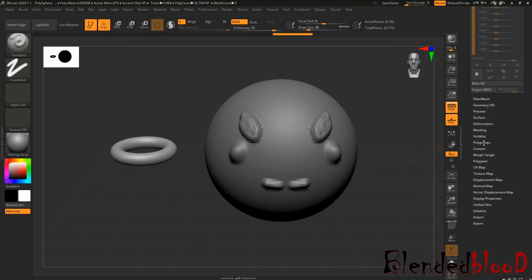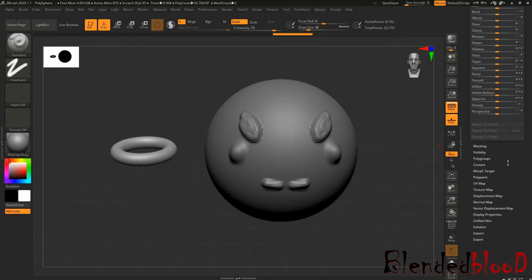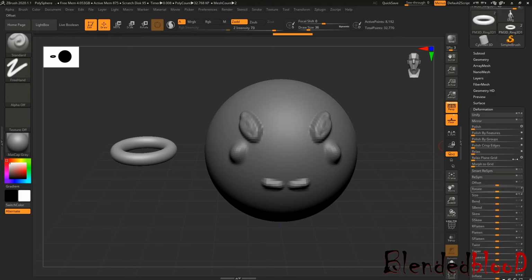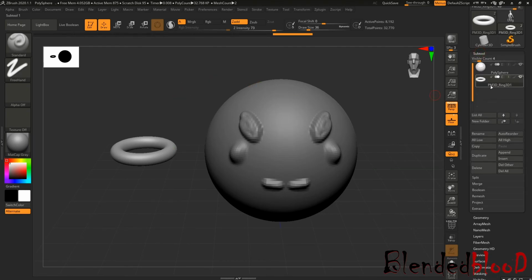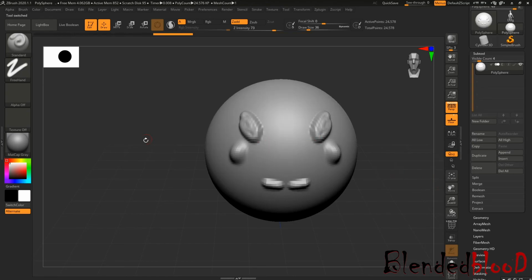Now deformation, masking, these are many more options you have, which will be seen by working with the previous or the future model. UV paint, poly paint, what these options are, we will see in the next lecture while working with the model. Come to subtool, I need to delete this layer, delete. Okay, come to this layer.